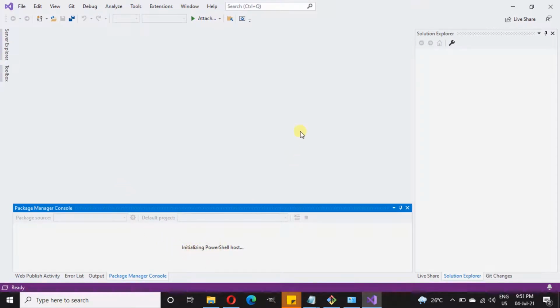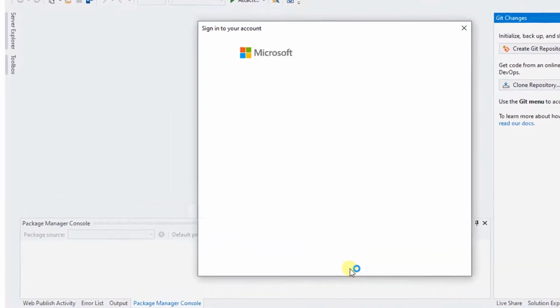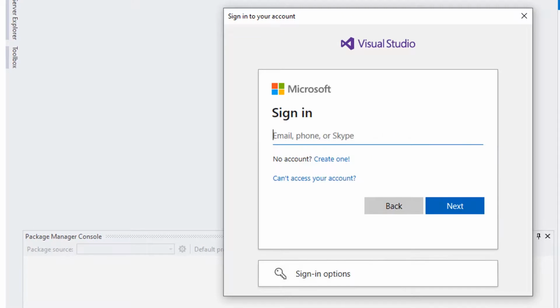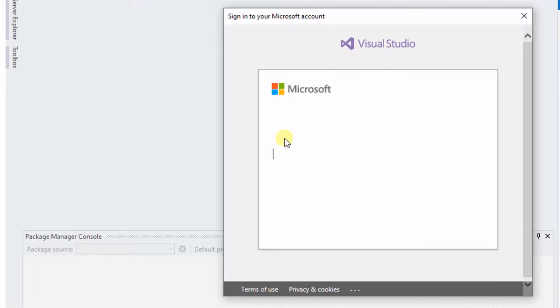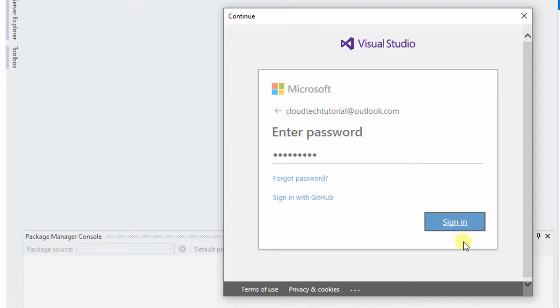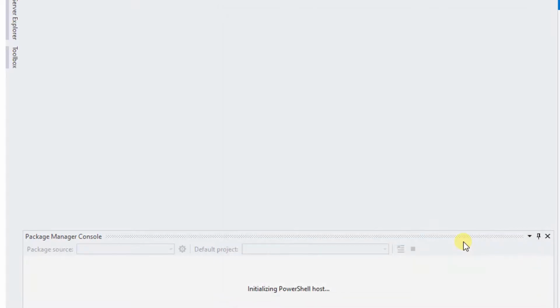Now need to wait for some more time. A pop-up now open to authenticate ourselves. Now provide the Microsoft account which you have provided in the DevOps account. Just provide the username and provide a password for the same.